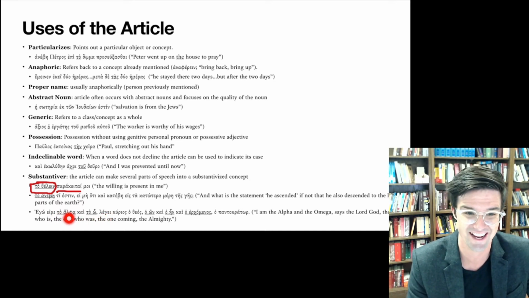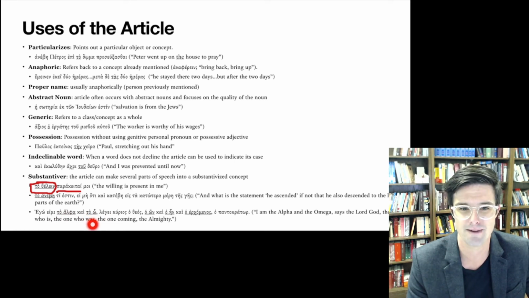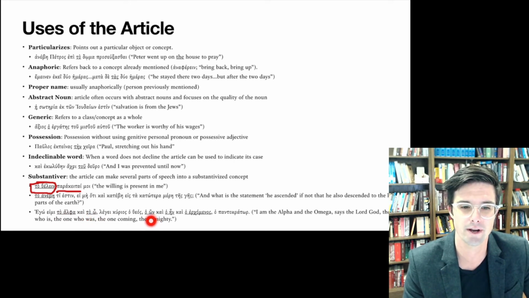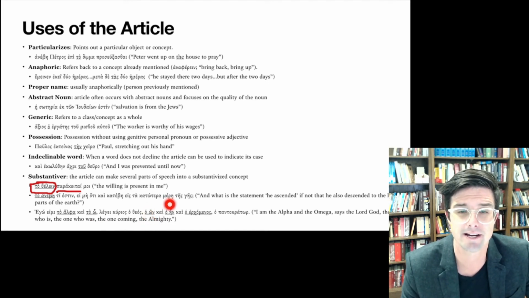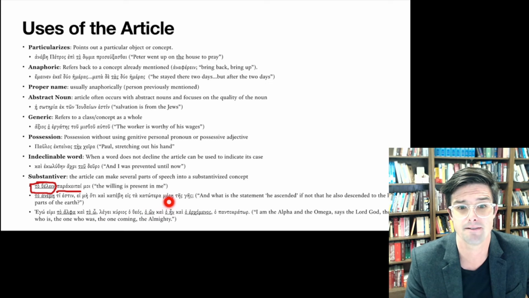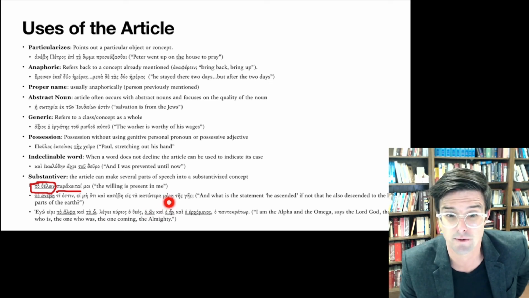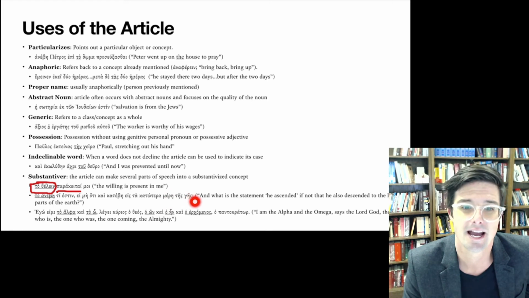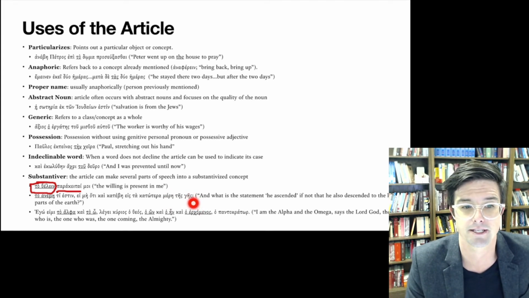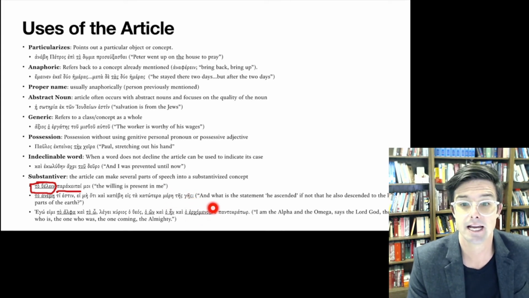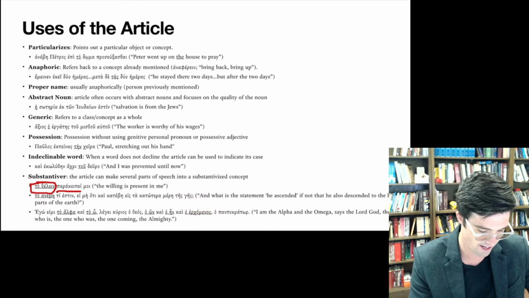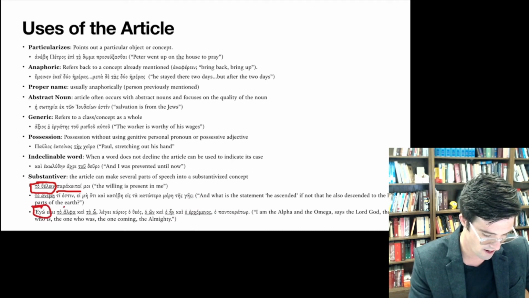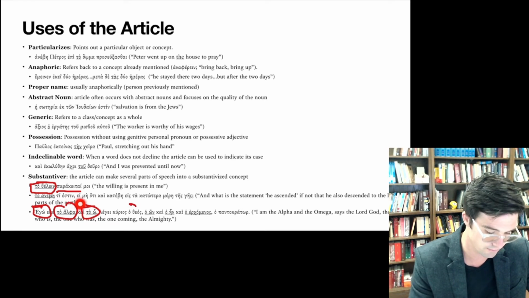So here with letters, ta alpha and ta o, or the omega. And then here, ta on is a participle. Ha ain here is an imperfect form of eimi, so we have an indicative verb in this case, and then ha erchomenos, another participle. So these are all being made into nominative predicates. So ego here is the subject, and then all of these are, well, actually I should say these two are